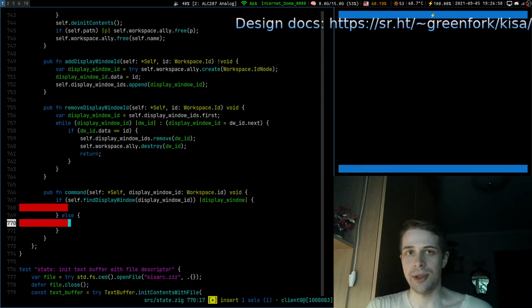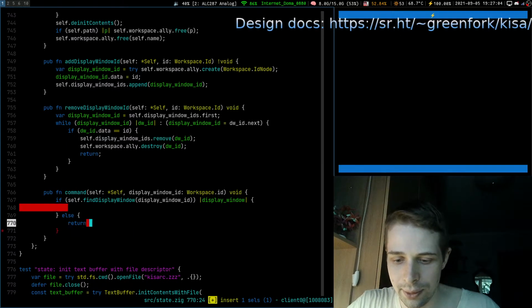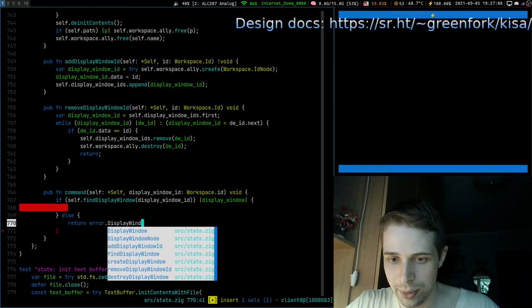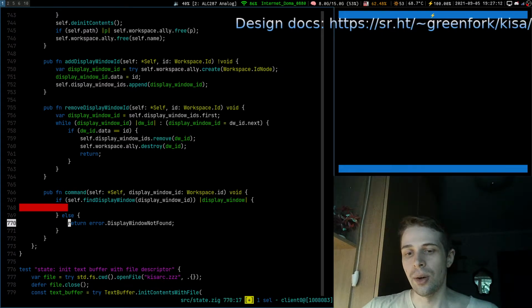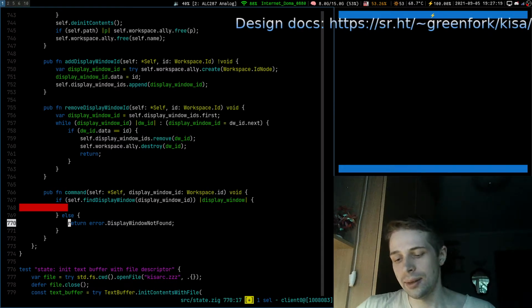So there are two options we would like to consider. First is we can error out. We can return an error: display window not found, like so. Or we can just do nothing. And there is another way that we can say, oh, it is not possible.